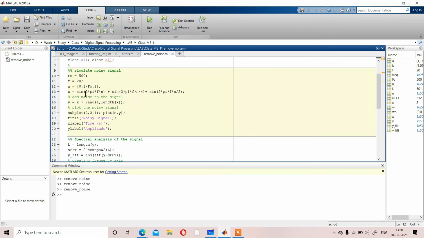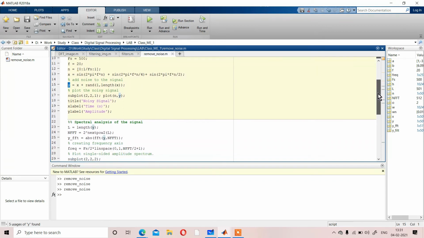Okay, so after that what we are doing, simply we are adding some noise to the signal. We will pass some frequency range, and also we will remove the noise of the signal. So we are adding a random noise, where x is your original signal, rand defines the random noise, 1 comma length of x, means whatever the length of the input signal, we are adding a random noise of the same length. Keep in mind, x plus that noise defines your y. So y is basically your noisy signal, the input signal in addition with a noise.